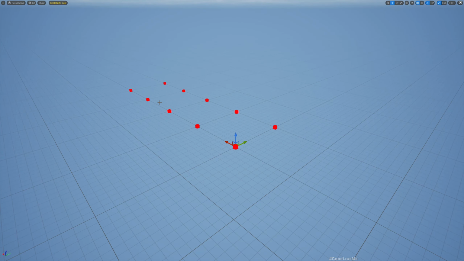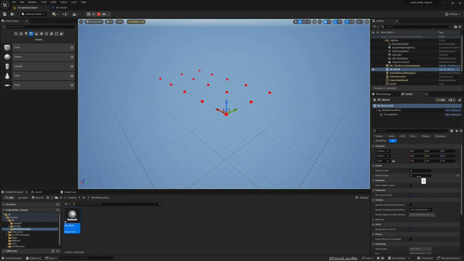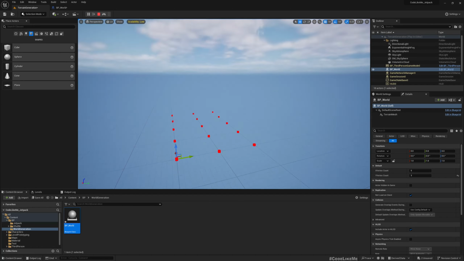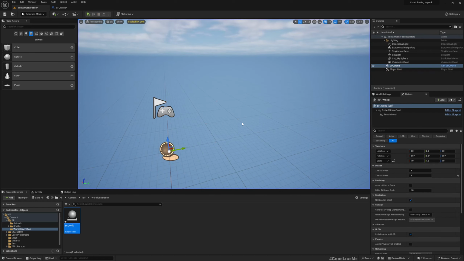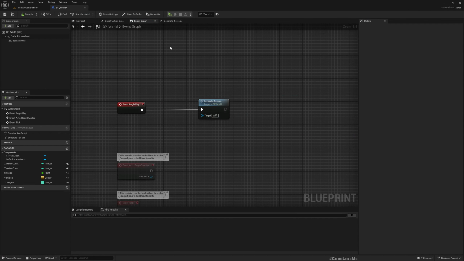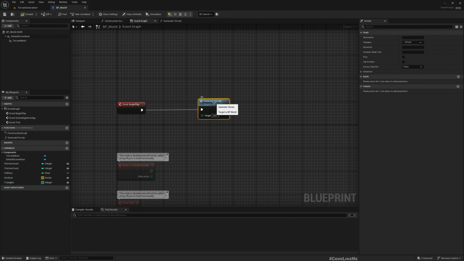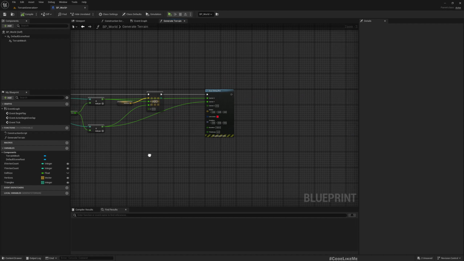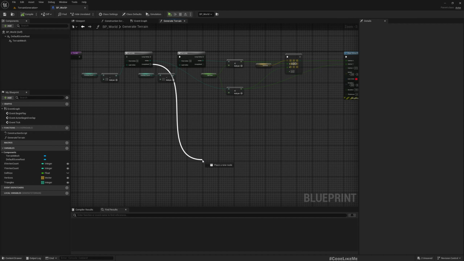So now we do have a set of points, and here if I make it 3, now we have points like this. Now we know how to make the points. Now we need to fill this triangles array in order to have an actual polygon. So let me make this public so that we can see what kind of values we have. And okay, now once these two loops are completed,